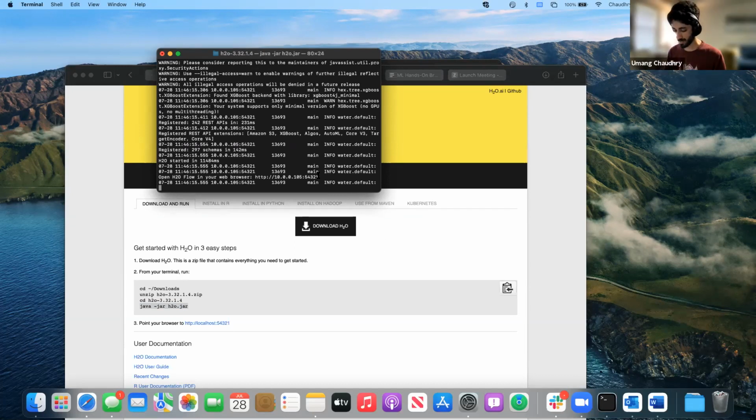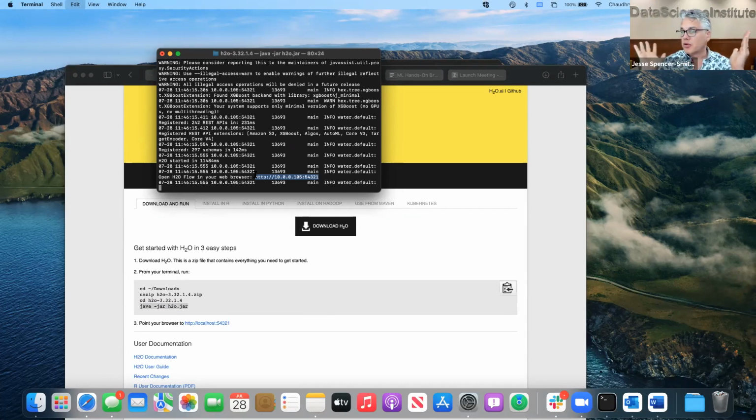It did. Yep. So what's happening is that H2O is running in the background as a service. So it's running under Java. So it's a Java program. That's why you had to call Java to run it. And now it's running as a service in the background. And the interesting thing it does is it starts running a web server, which is running just locally on your machine.